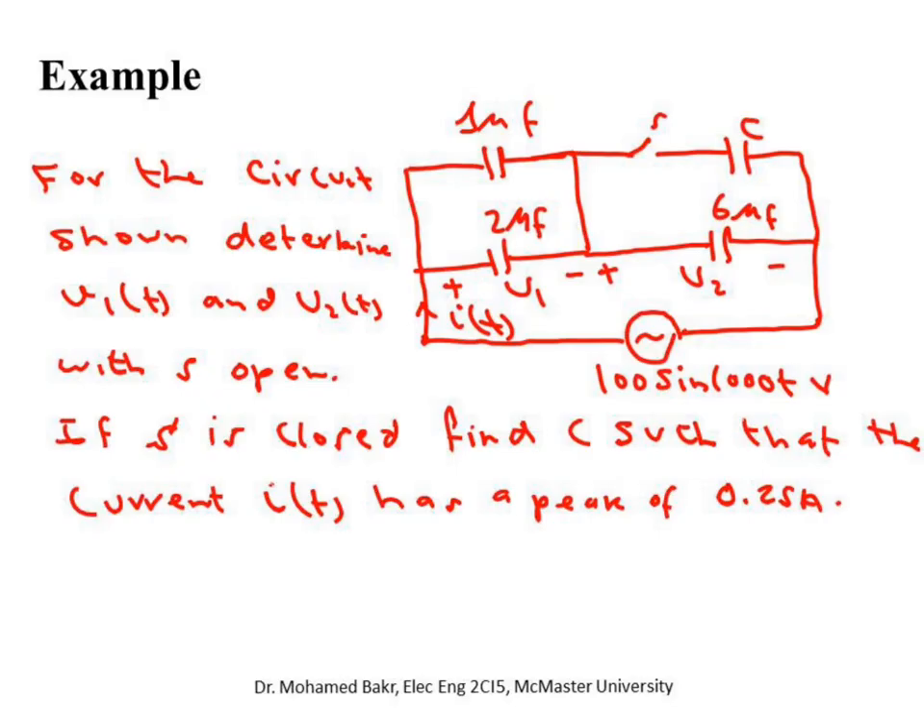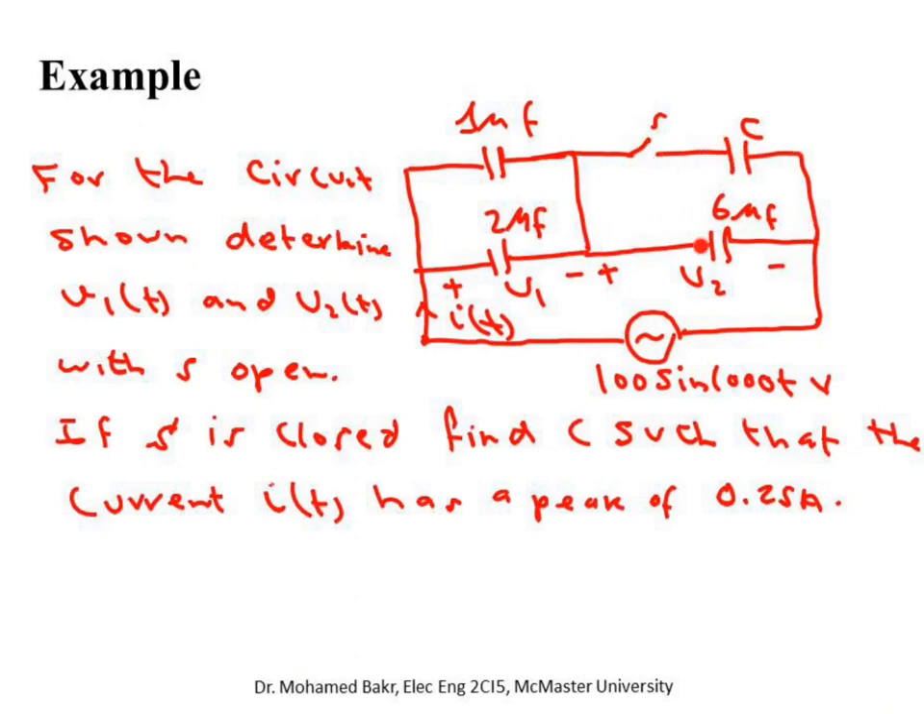Let's consider one final example here. We have a circuit. This switch S has two positions. First it's opened, and then it is closed. So when it is opened, this C is not part of the circuit. It's disconnected. So you have only 1 microfarad, and you have these two in parallel, okay? But if you connect C, if you close the switch, C will be here, so C will be in